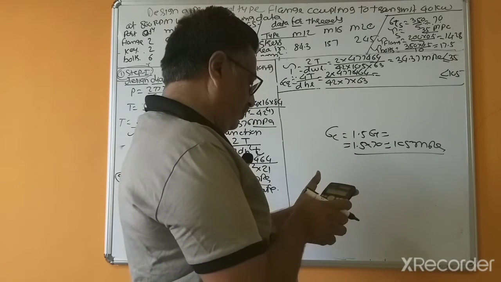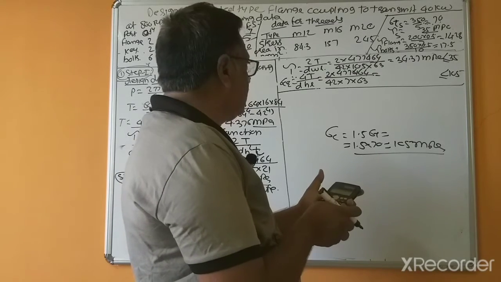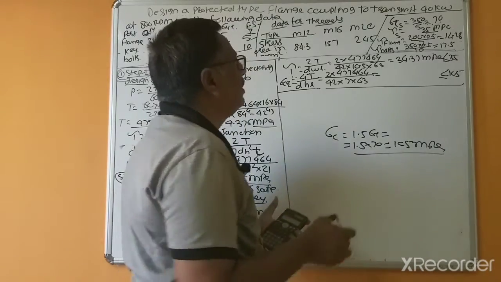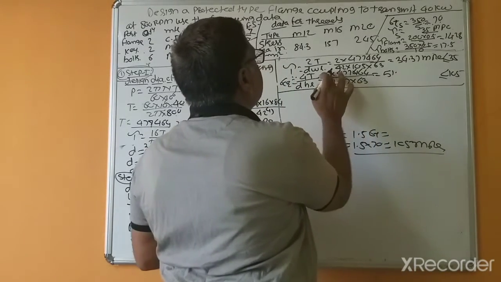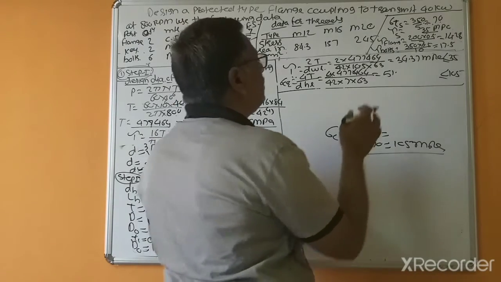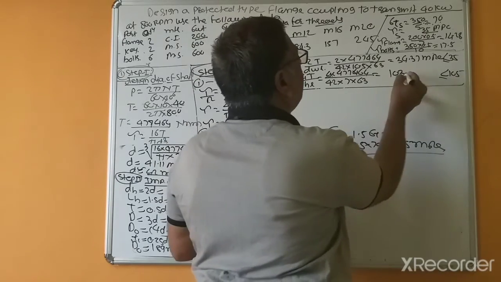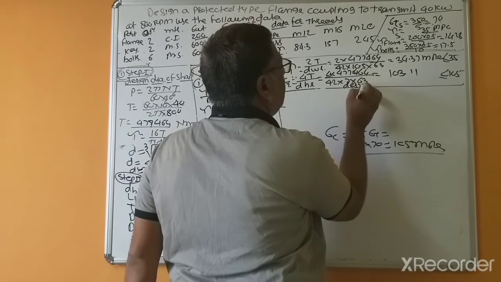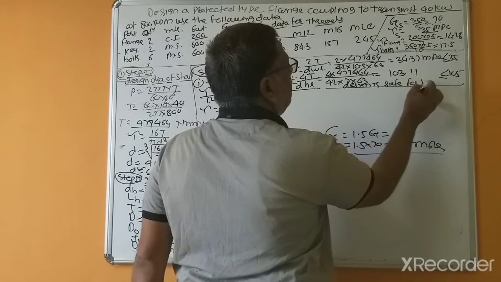477 464 multiplied by 2 divided by 42 divided by 7 divided by 63. I got this is 51 point... sorry, this is not 2, this is 4. It's multiplied by again 2. This is 103.11. That's why the design is safe for the key. Right, here the design is safe for the key.